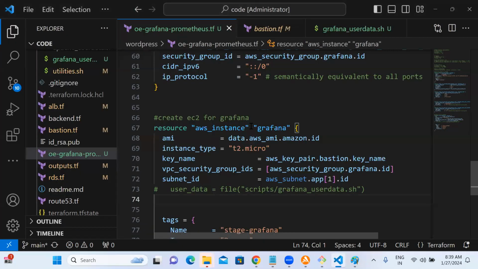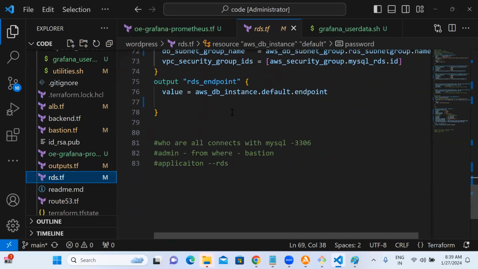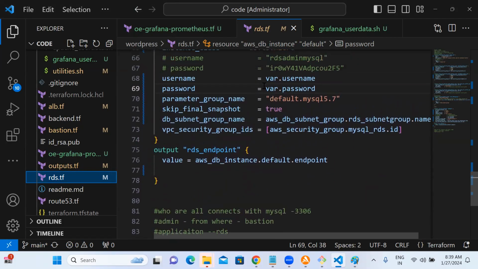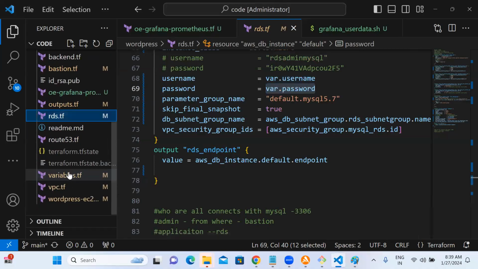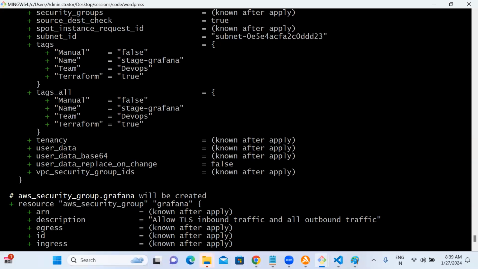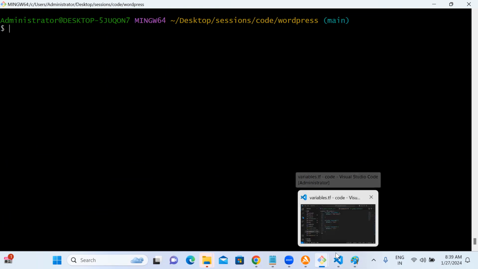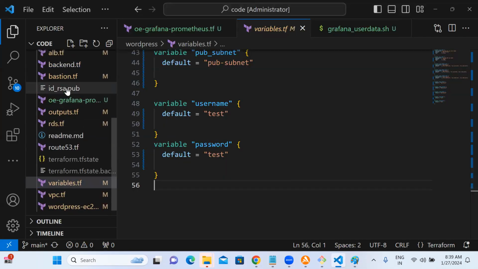Okay. What I did was, I don't want to send the password, for example. Yesterday these passwords were null. I don't want to send these passwords to you guys, so I kept it here as a var dot. That's it. I kept these as null, test to test. So this code I had given you. I removed the credentials and then I had given you the code. Okay, we'll see that. Let it go. We can bring it back. We are not using RDS here in this lab. So let's go back again.